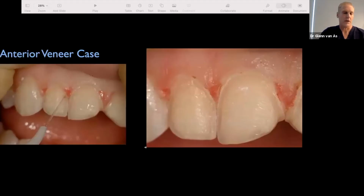You can also use erbium laser or diode lasers in the anterior cases. And this is an older case, but I want to show you this because I've been told, well, I use them in the posterior for Mrs. Smith, but I'll never use it on my picky patients in the front because you're always going to get tissue retraction. You're always going to get exposed margins. And I'll tell you that if you use lower settings, you take your time, you can use routinely diode lasers